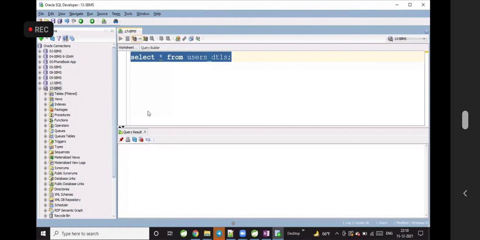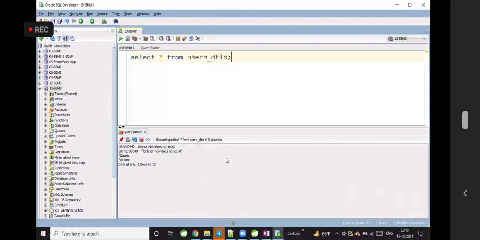Now in this case, do we have the table? The table is also not available. We don't even have a table in our database because the table also got deleted at the end of the operation. Create-drop: deleting the existing table, creating the new table, inserting the data, and it deleted the table also finally. Nothing is there.